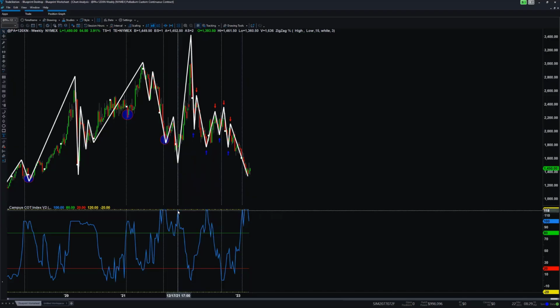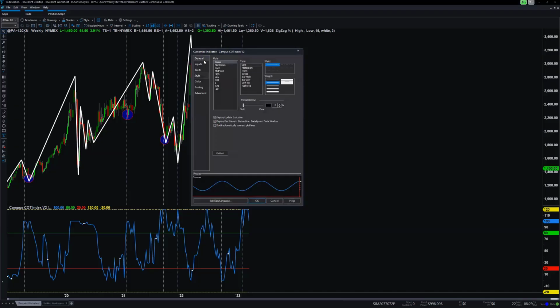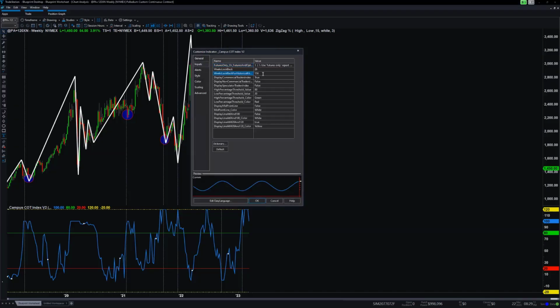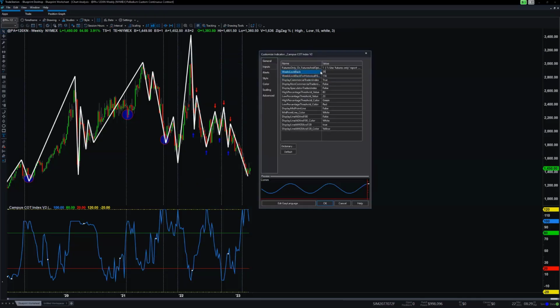And whenever they touch the yellow, those would be your historical ones. Those would be your second ones that you put in here. So weeks look back 156, those are the yellow in this case, and then the 26, those are the green and the red. This one we use for trend following. This one we use for the end of the band. And then when we're at the end of the band,